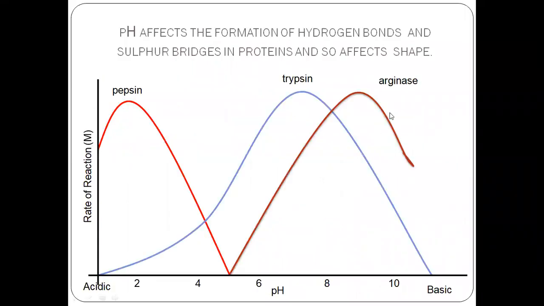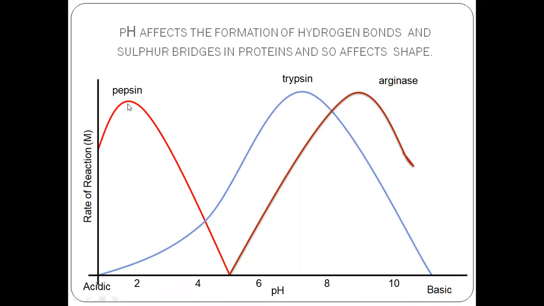See, these are a few examples of enzymes. Here, the optimum pH is given. See, this is the pepsin enzyme, this is trypsin, and this is arginase. If you see the effect of pH on this pepsin enzyme, can anybody tell what is the optimum pH for this pepsin enzyme?